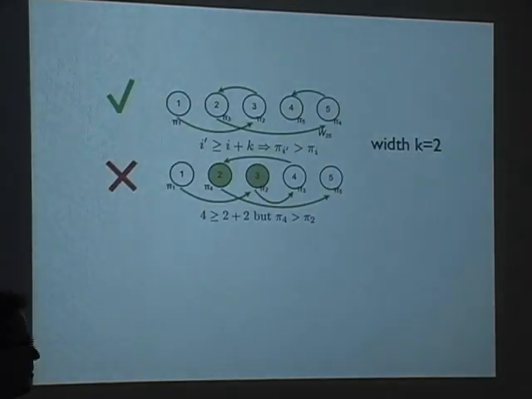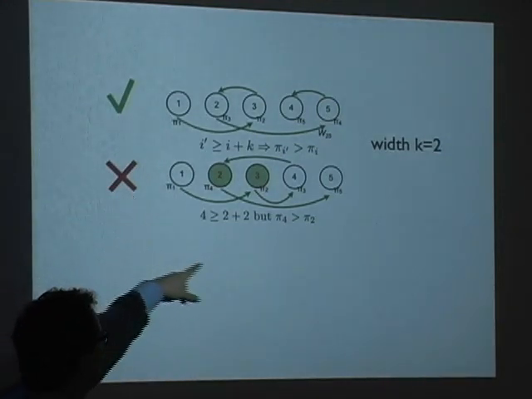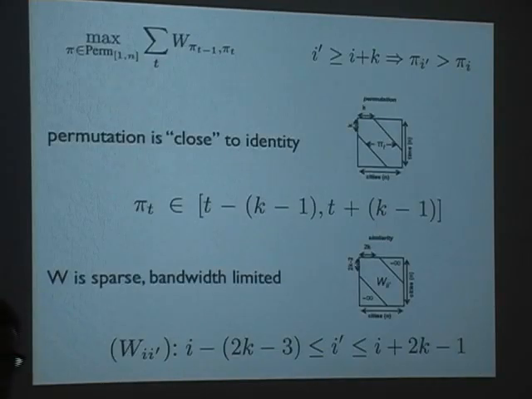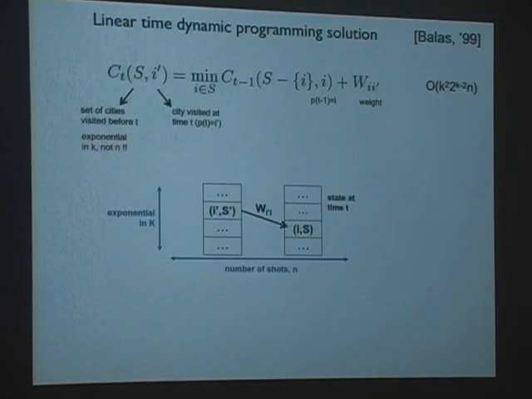And so, for example, here, with a width equal to 2, the first one is OK. The second one is not because we're jumping back 2 shots as opposed to 1 shot. We're using much larger K in practice. So a property of this limited memory reordering is that the permutation we find is close to identity. Also, the similarity of shots is sparse, which is good for our purposes if we want to define more complex shot transition matrices. So Bellman has proposed a linear time dynamic programming solution for the TSP limited memory problem, where